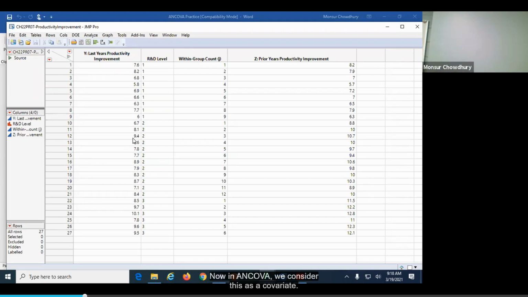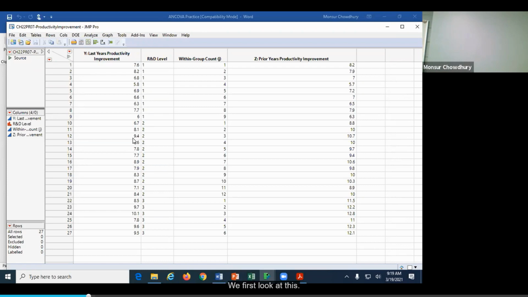Now in ANCOVA, we consider this as a covariate. First of all, we need to know whether this covariate is related to our response variable. What is our response variable? Last year's productivity improvement. Whether this has a relationship with the prior year's productivity improvement.